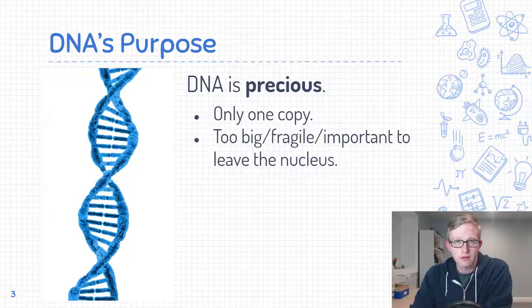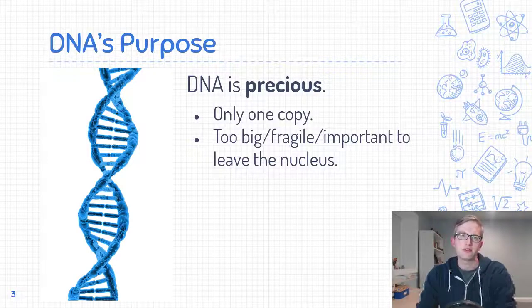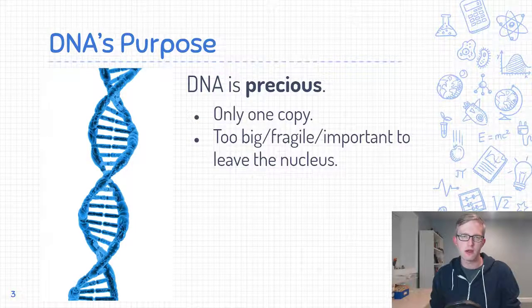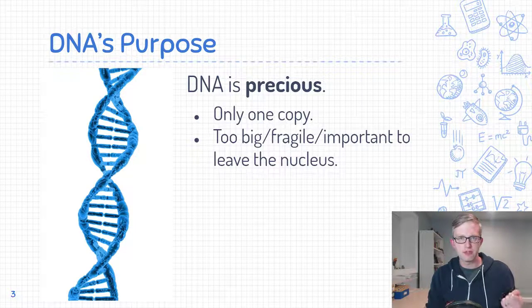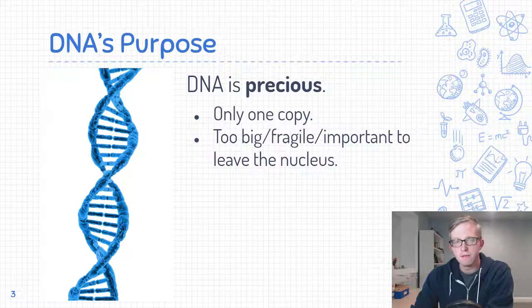It's too big, also. Because it's got that double helix structure and because it can be millions of nucleotides long, it's a very, very large molecule and very difficult, therefore, to get it out of the nucleus. Again, you don't want to do that anyway because it's so precious and fragile. So because of that, we need to find a way to take the piece of DNA that you actually want to give the instructions for, and we're going to make a copy of that DNA in the form of a different molecule, one that's smaller, one that's expendable, that if you lost a copy of it, no big deal, we can just photocopy it again, so to speak.